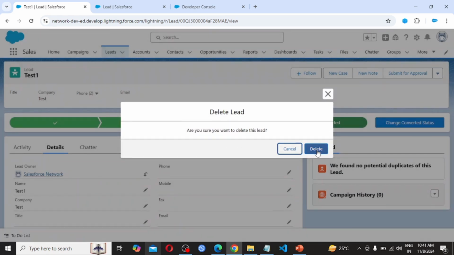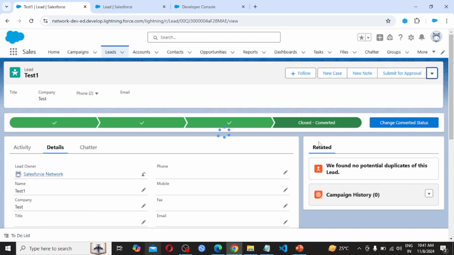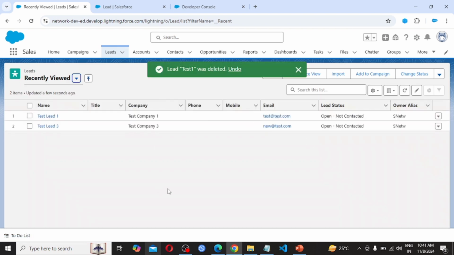Are you sure you want to delete this lead? Yes. So it's deleted. In this scenario, what we have seen is that if the lead status is Working - Contacted, then no user can delete this lead. Thank you.